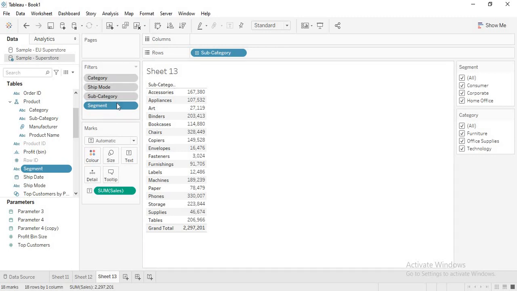Now when we create context filters, a query will go and hit the database with all these context filters at once. Whatever context filters we used, all of that will hit the database at once, and all the other dimension filters and measure filters will act on the output of that database, the output of the context filters.